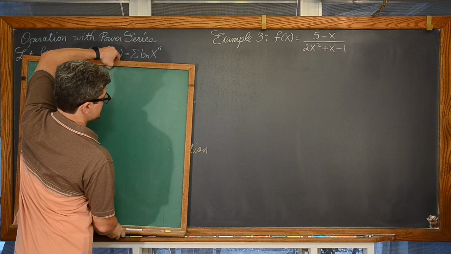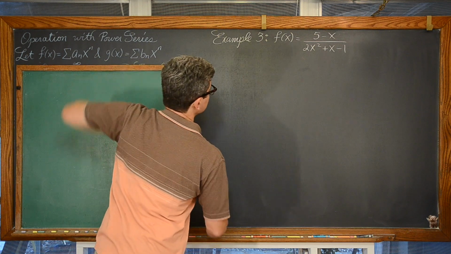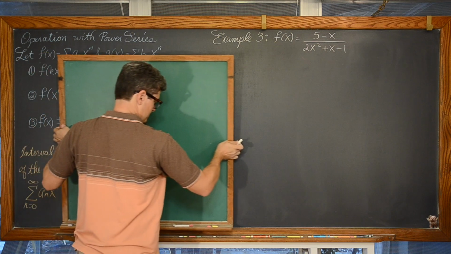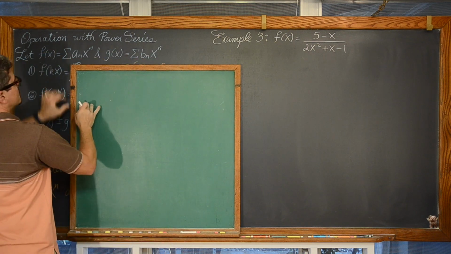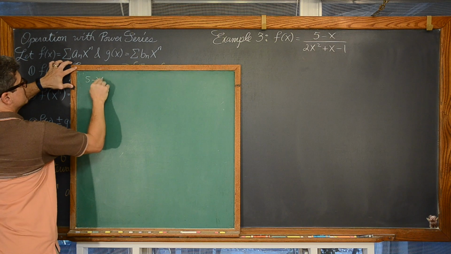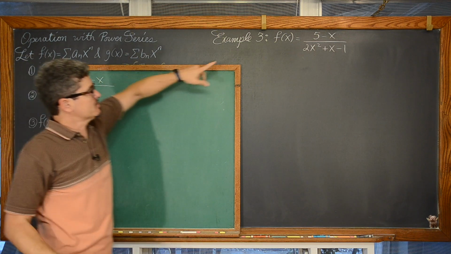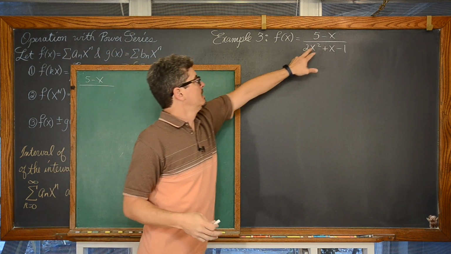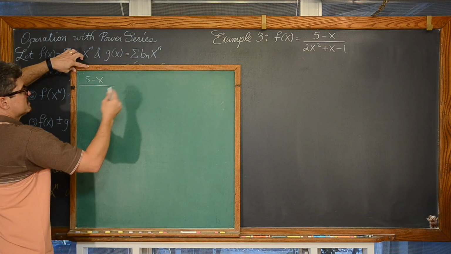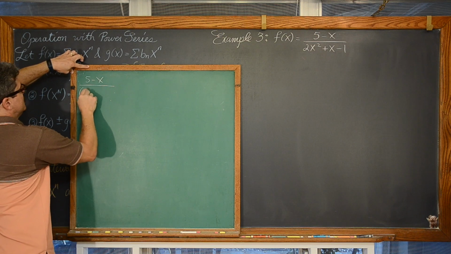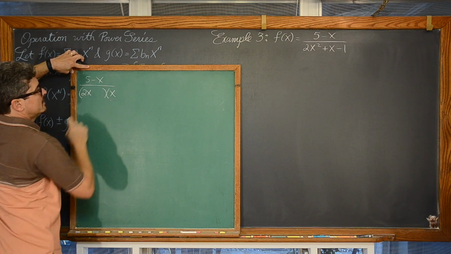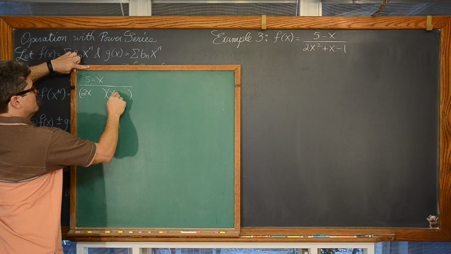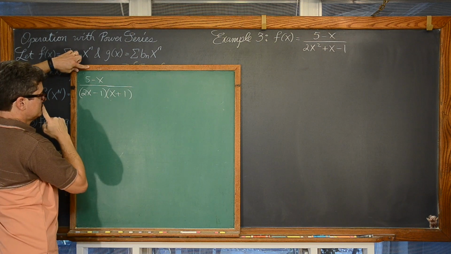We've got our 5 minus x. Now, we can factor this 2x squared plus x minus 1. I usually go through a little bit of a process for factoring quadratics with the leading coefficient other than 1, but these are all prime numbers. So we're having 2x and x. We're going to need a plus or minus. The middle term is positive, so plus 1 and minus 1.